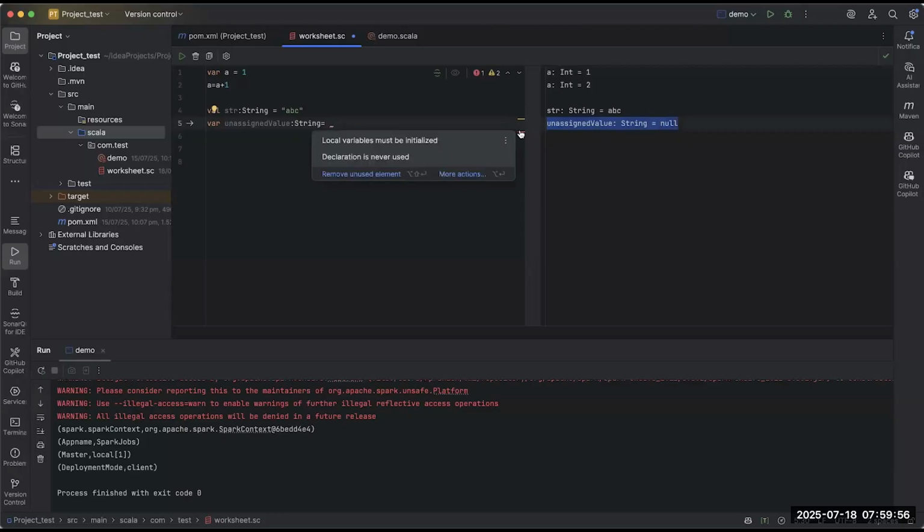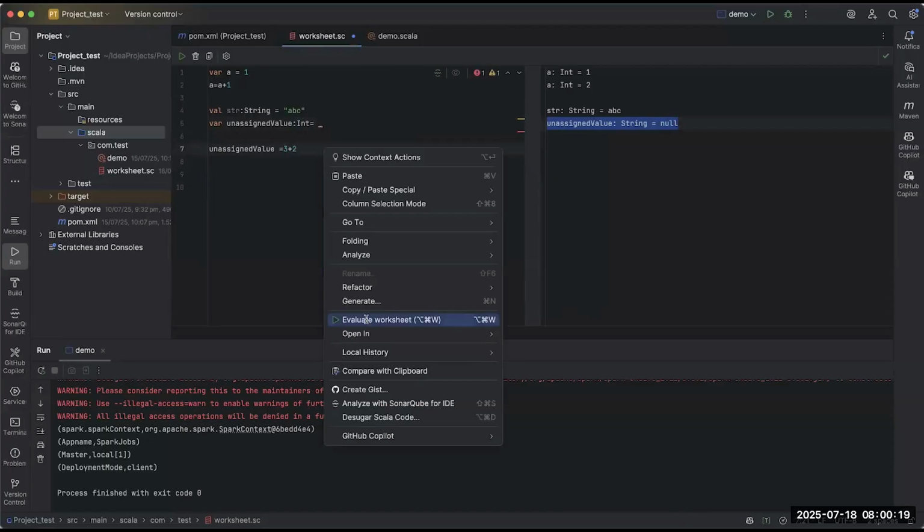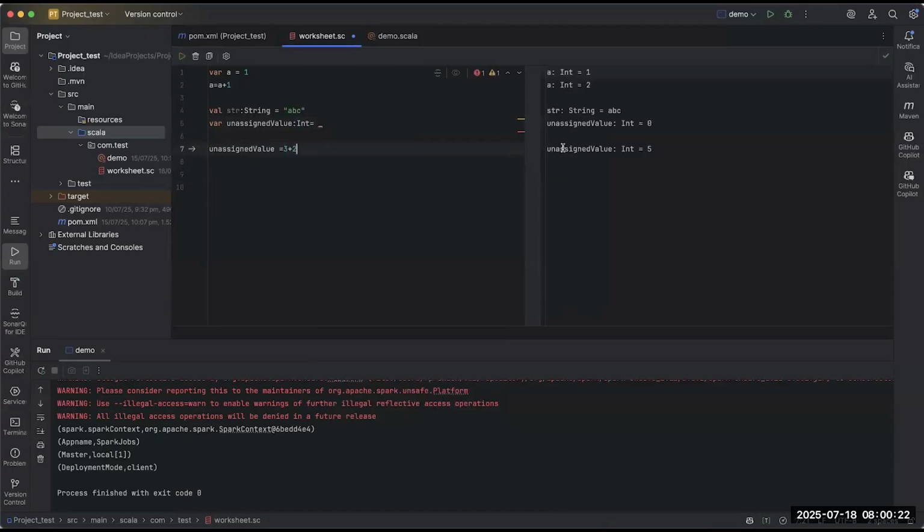So automatically, suppose now I want to use it. I did something, and after that I want to use this variable. Then I can use this unassigned variable equal to 3 plus 2. Oh, it cannot, because here I have given the string. Now it assigns the value to it. And also, if you define it as an integer and try to give a string, it will give you the error.